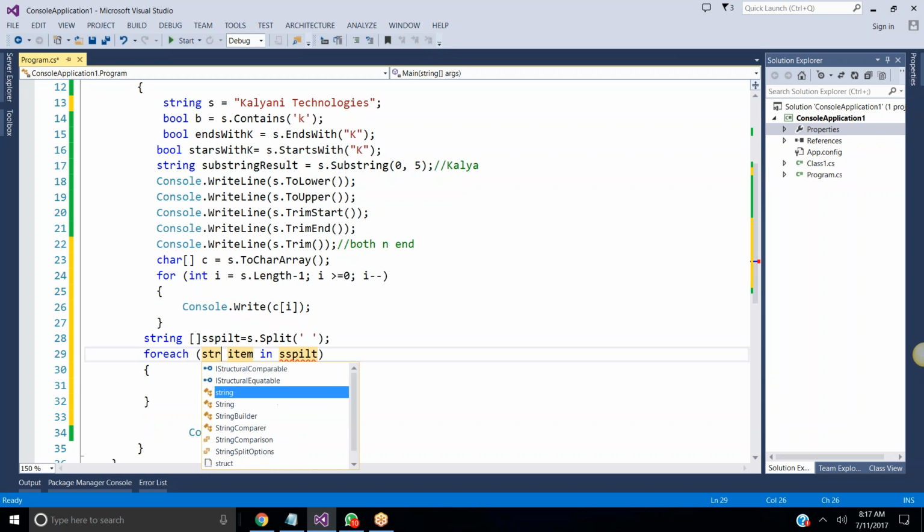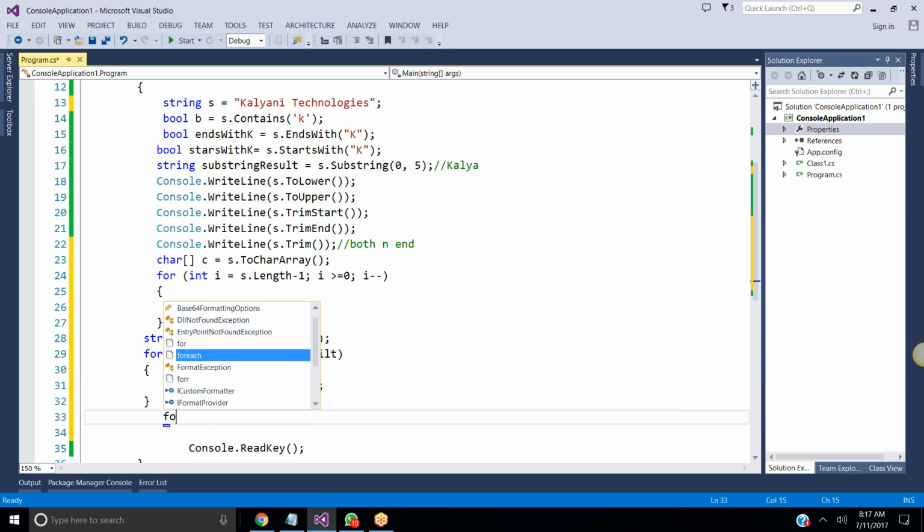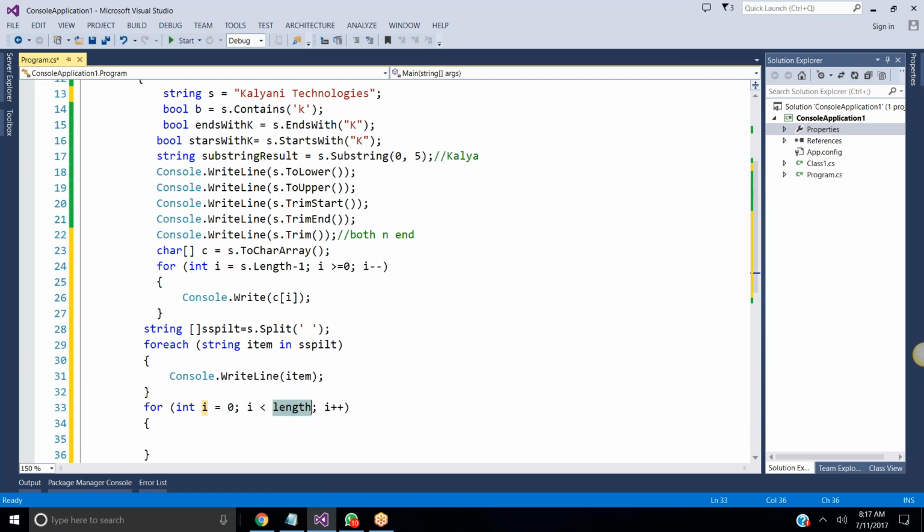Now I'm using this, and console.WriteLine of it. Clear? If we want to write the same with a for loop, how do we write it? For int i equal to 0, i less than s dot split dot length, am I right? That's it, clear?